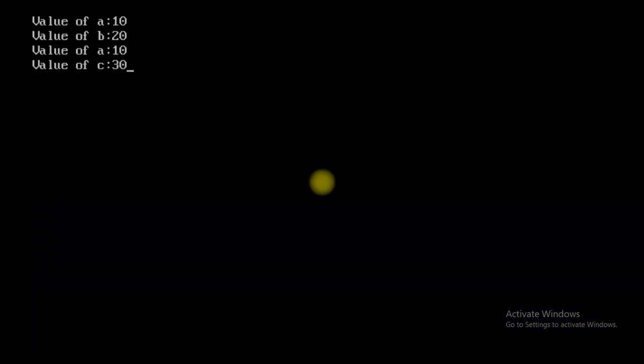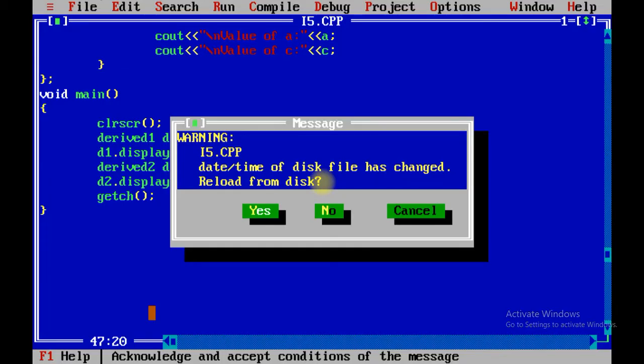Okay, the value of a is 10, value of b is 20, that is the part of display 1 or derived 1. A is 10 and value of c is 30. That is the part of display 2. Now remember one thing, that over here we have taken two display functions to bifurcate both the values.